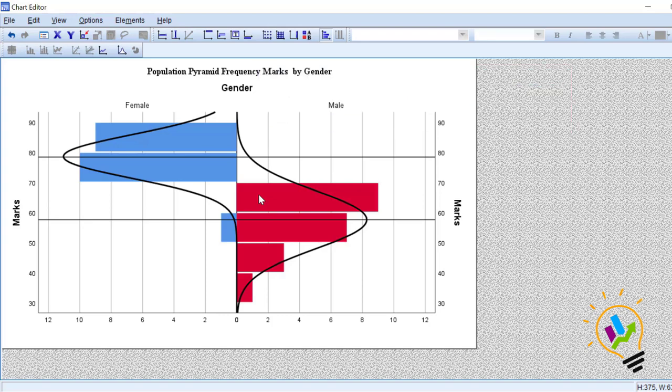In this case, there is a large effect size because there is a lot of variation between female group and male group. In one of my videos, I have already explained the formula using eta squared, how to calculate the effect size. You can refer to that and even calculate the effect size value also.